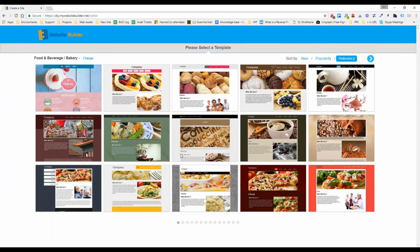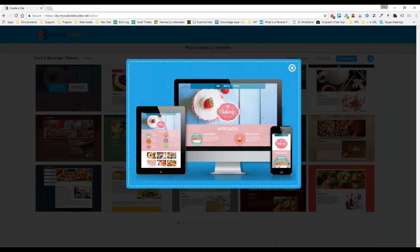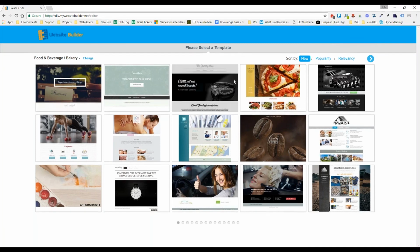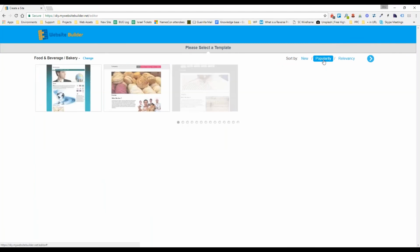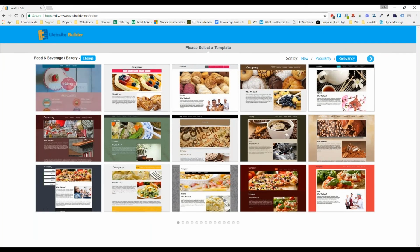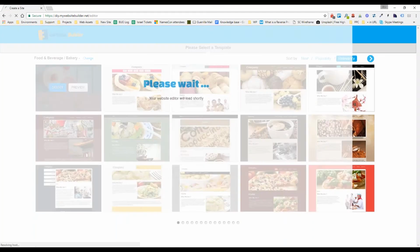So now you're able to preview all of the templates that we have. All of our templates are 100% responsive out of the box, so they show great on all devices. And so you can come through here and you can either preview. This will show you what the site will look like on all different types of devices. And you can go through page by page, select new ones. So the newest ones will show first, then by popularity, the ones that get selected by most, and then by relevancy again, which is by the category. You can go back and change the category if you want to, but we're just going to select this bakery